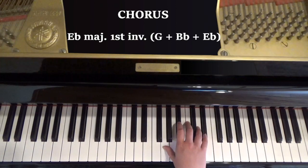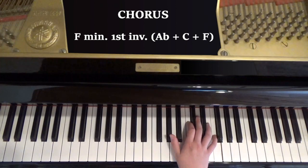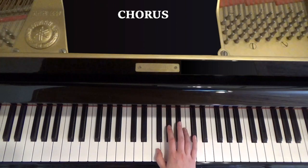Then E flat major, G, B flat, E flat. Play this twice. And then F minor, A flat, C, F. And play this twice as well. So if you're singing along, it should be